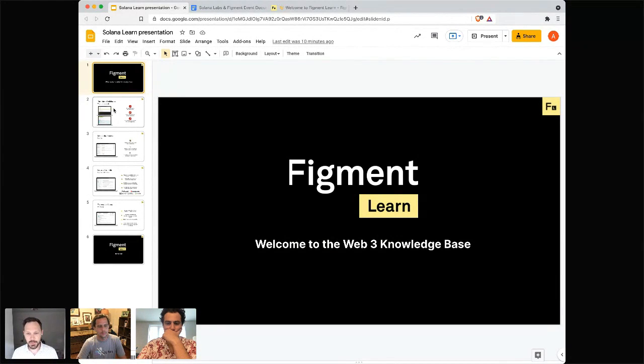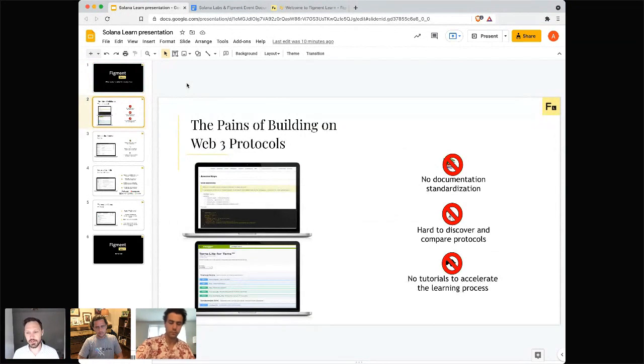So I want to talk about really two things today. What is Figment Learn? And how is it helpful for developers? And then two, how can you get up to speed with Solana and consider using Solana for your next web app? So when we started Figment Learn, we really wanted to solve two problems,